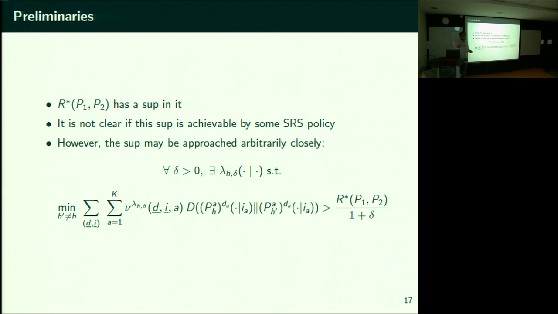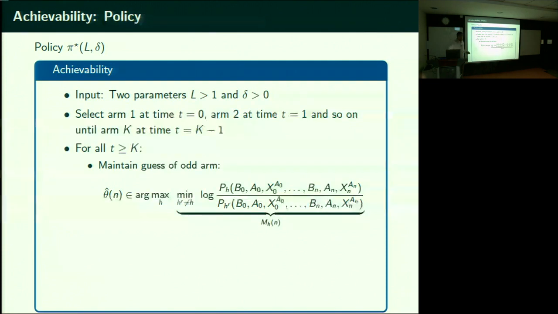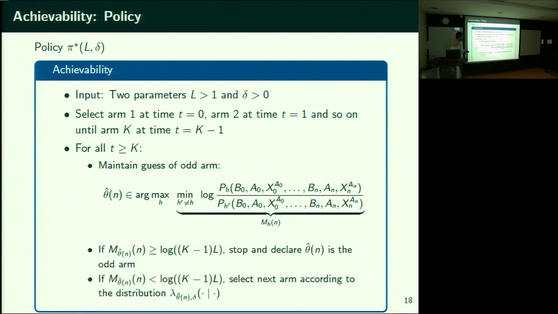But I don't know what the true H is when I'm actually solving the problem. So at each time instant, I maintain a guess theta hat n of what is the odd arm. Now for this being the odd arm, I go back and solve that lambda. I have a lambda for each H, right? For theta hat n, I just go back and solve for the lambda. I get that lambda. Is this lambda the most discerning in some sense for that H? Is that what that lambda H is? That it is the best one to use? Correct, yes. Now you are going to tremble with this. This is the one that you intend to pick because it's the most discerning for your current case of what the odd arm is. And then you tremble and then everything happens. It's also the most discerning knowing that you tremble.